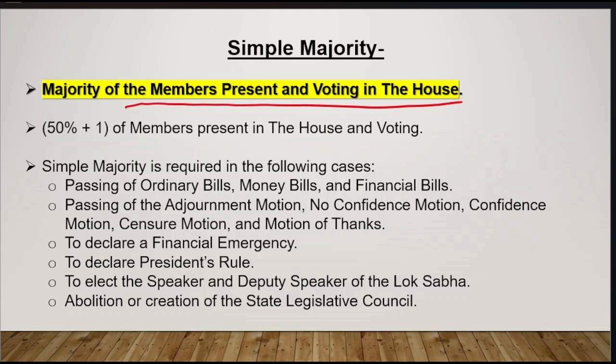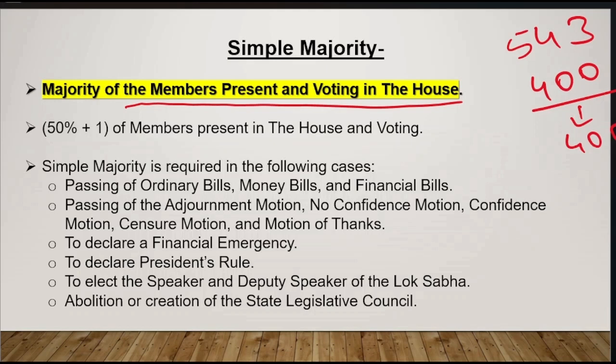তো এটার মানেটা কি, মানে হচ্ছে, ফর এক্সাম্পল, হাউ মেনি মেম্বার্স উই আর হ্যাভিং ইন দ্য লোকসভা? Now we are having total 543 members in the Lok Sabha. Now let's suppose on a fine day there are total approximately 400 members available in the house. So that means how many members are present? Now 400 members are present in the house on that particular day. So suppose a bill is about to be passed, so voting will take place. So how many members are voting on that particular day? Now 400 members. So what is simple majority?